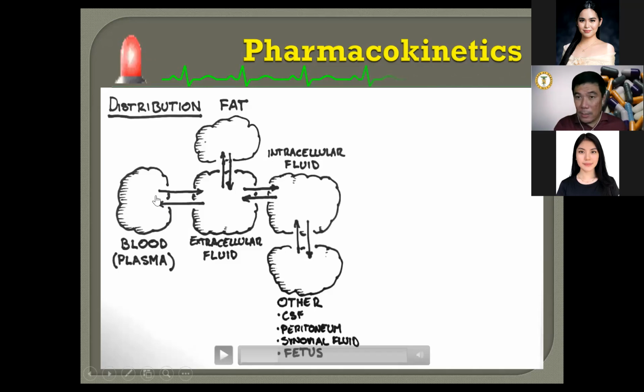Because there could be instances that the drug carried by the plasma may not proceed to these fluids. Possibly, it may proceed to the fats. It may be stored with the fats, and some of the other fluids that must take part in the effect of the drug and distribute it to the indicated organ will be altered. So that's why it causes a delay. So you may have the idea now that if the person is underweight or overweight, both situations may cause the possibility of delayed effect and distribution of the drug. So let us continue with the video.